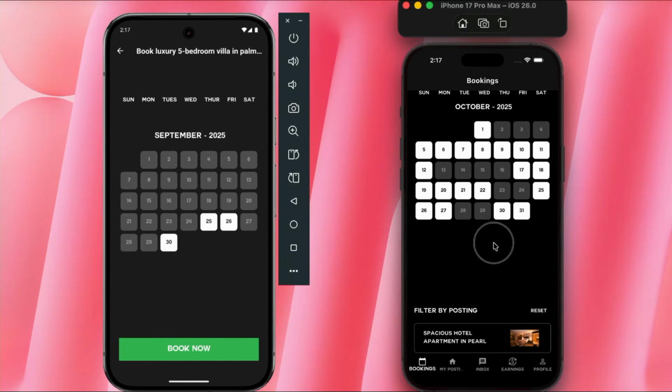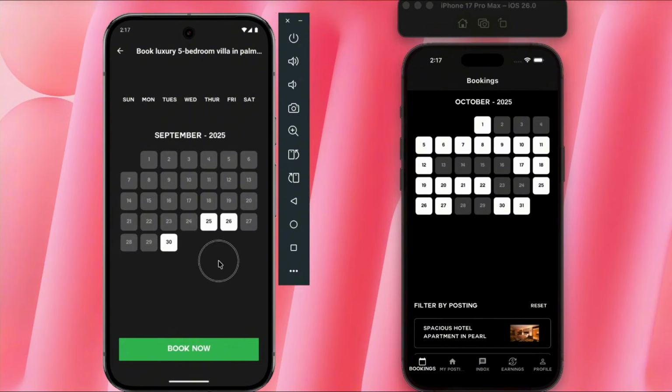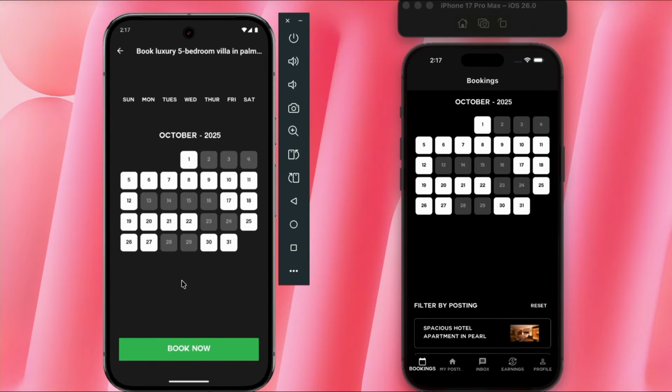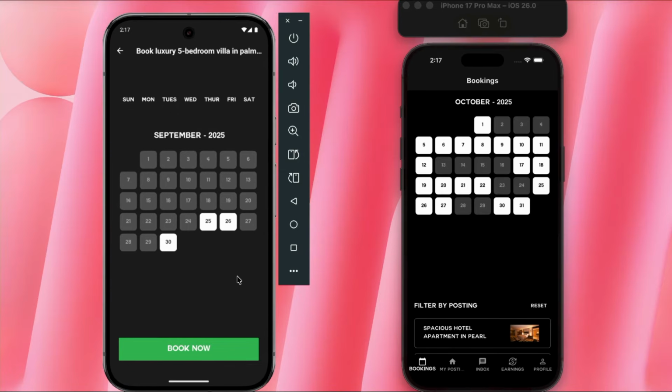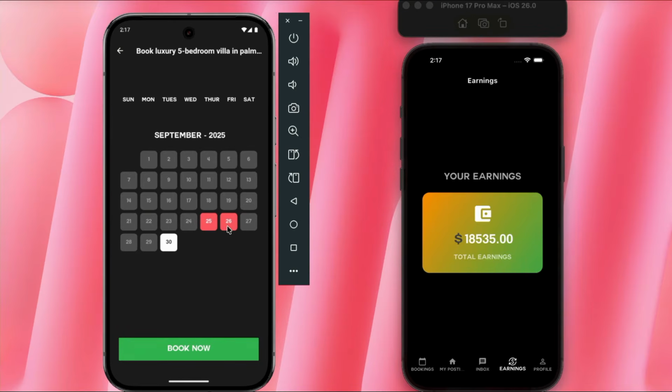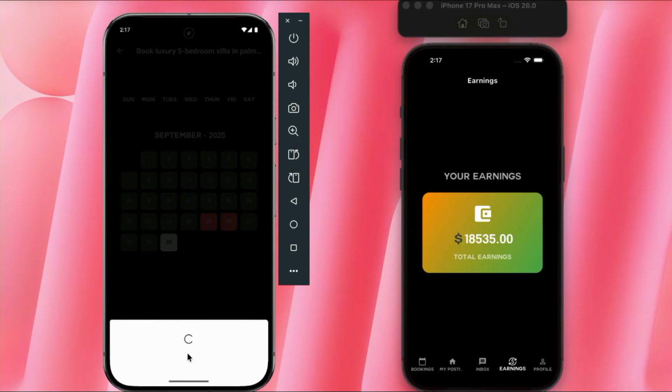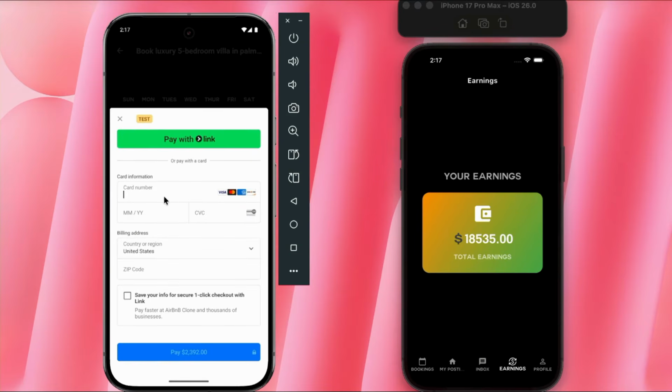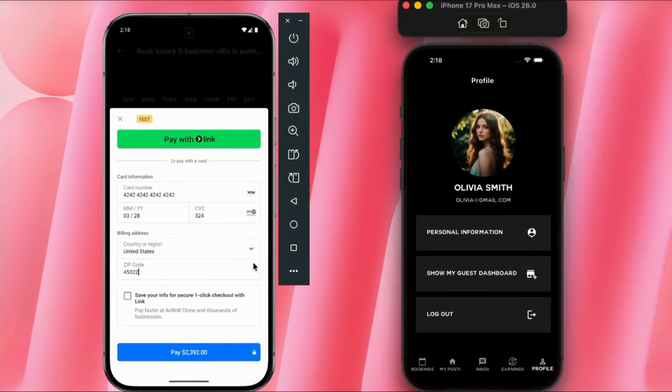For example, in October, let's verify, you can see that it is available only on these dates, and in September it is available for these 3 dates. So let's say I want to book as a user for these 2 dates from the host Olivia Smith, and you can also see the host total earnings. Now let the user pay online using Stripe payments, the card payment, which is Visa, MasterCard, or you can say credit or debit card. So pay now,